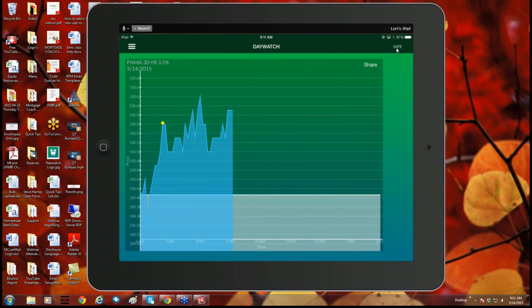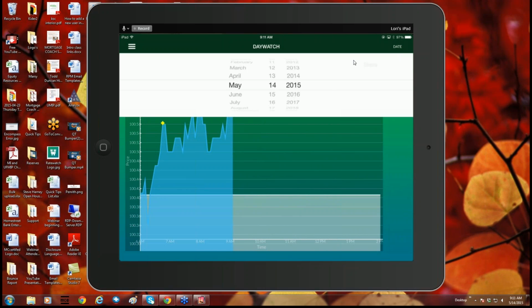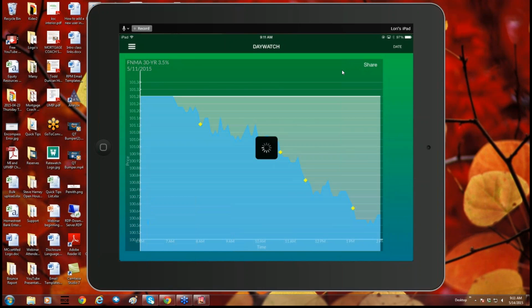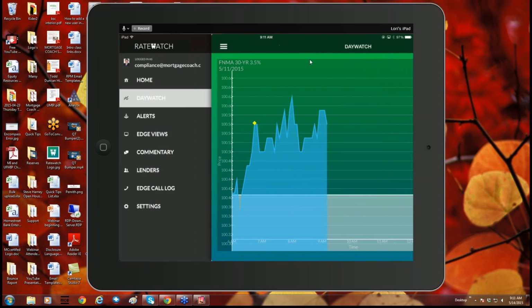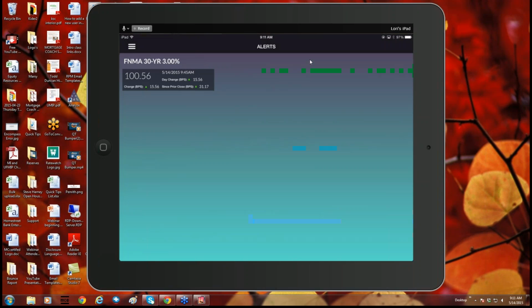Also in the upper right hand corner, there's a date field. So if you press that, you can go back in time and see how the rates were moving on different dates. So I'm just going to go ahead and put in the 11th, just to show you how it moved on that date. So I have 5/11 right here. I could capture that image if I wanted to share it and provide that to the clients. So you have that information as well as alerts. So as we have that alert today, you'd be able to see the alerts in RateWatch, as well as being able to set that up for